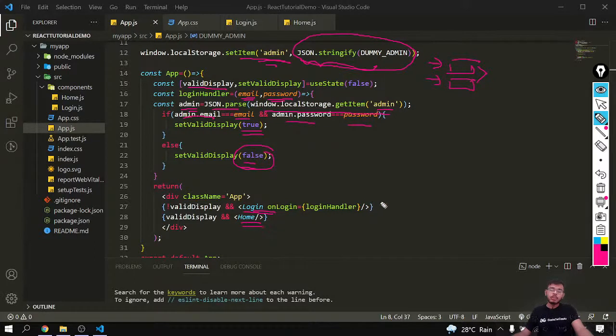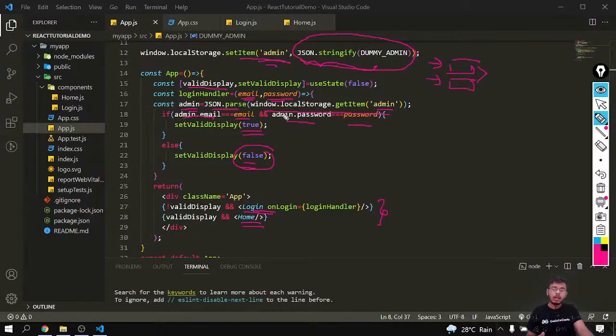So this is conditional rendering that is being done based on checking whether the value that I have entered inside the input tags, and on clicking the submit button, which I have received inside the app component, is equal to the value that is stored for the admin in the local storage. So this is the basic idea and the basic concept that I needed to discuss with you all